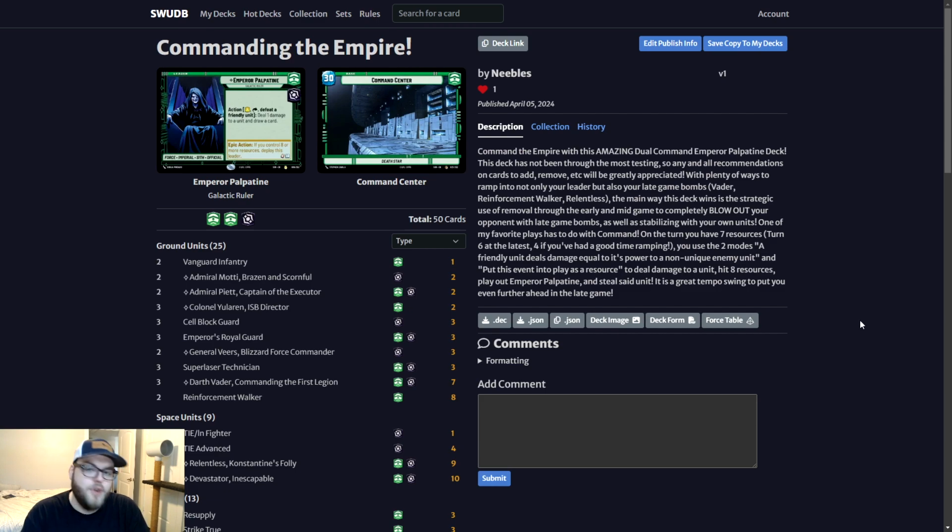I wanted to try my hand at making my own deck list. I think it's pretty good. I've done a little bit of testing on Force Table and some games in Tabletop Simulator, not a whole lot of testing. Like I said right here, this deck list itself will be linked down in the description below